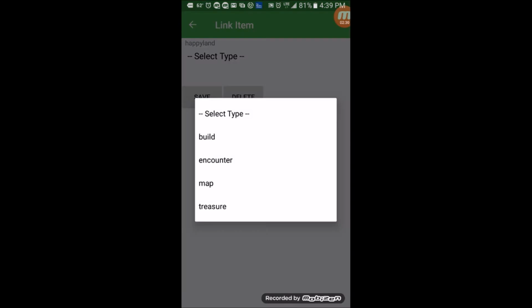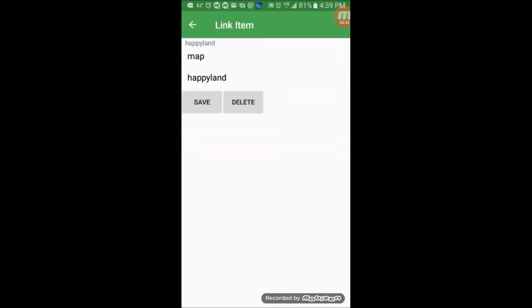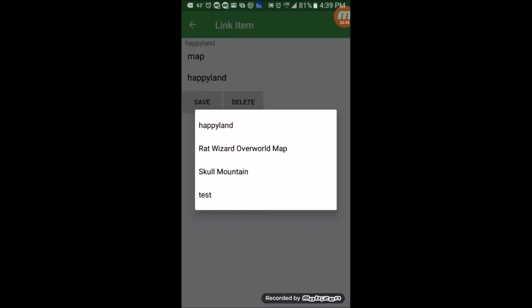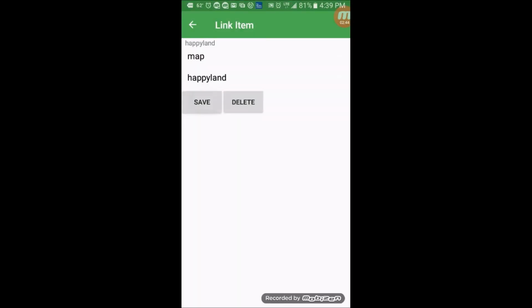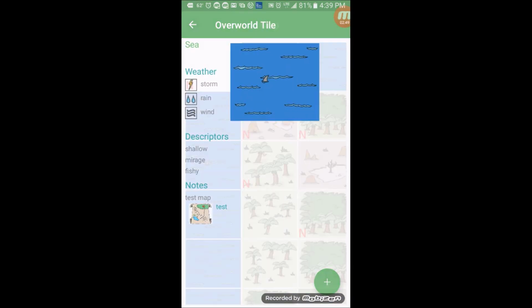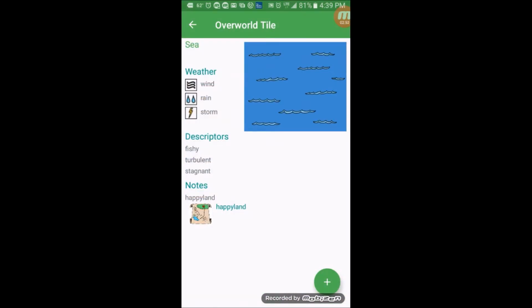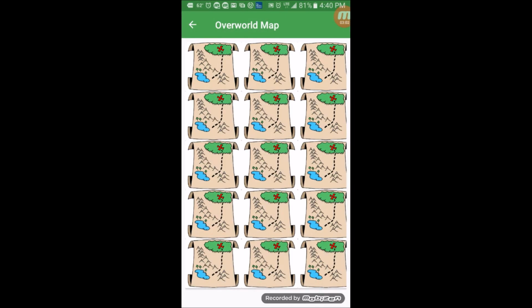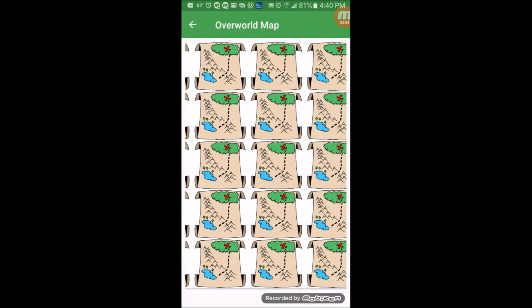We're going to find the map. We're going to look in here. And you can see there in the database, in the list of maps, that we have Happy Land as one of the entries. And it's the blank map that we just created. So we're going to select it, and we're going to hit save. And we go back. Whoops, wrong screen. And if you see now on the C tile here, we have a note attached with a map, and that map is Happy Land. So if we click on Happy Land,